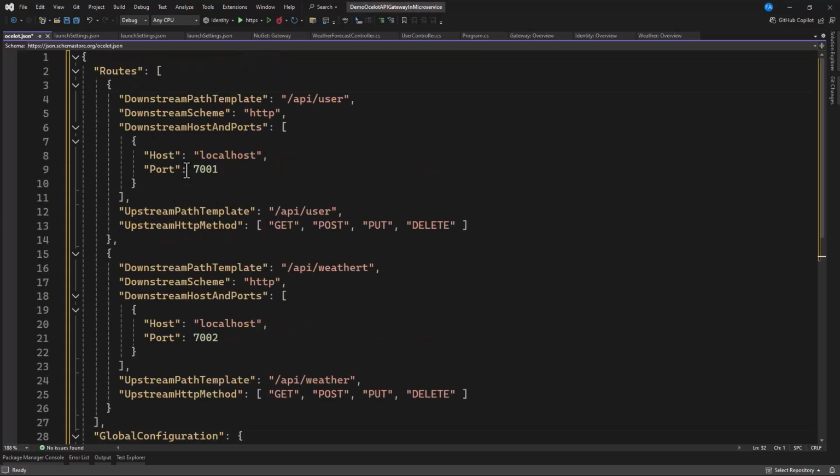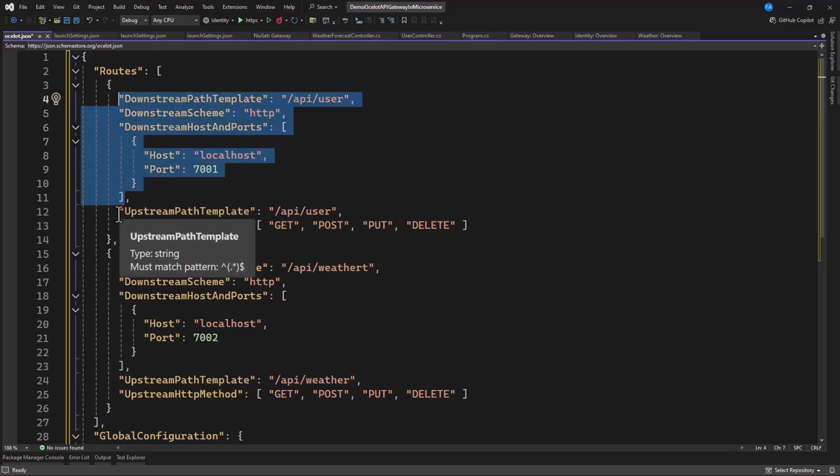Now this is simple. We're specifying the section of what we have as our route, and in the route we have our downstream path, and now we have the scheme, we have our host and port. So we have three sections in here. Aside from that, you can see we have our upstream path, and now we have the HTTP method.